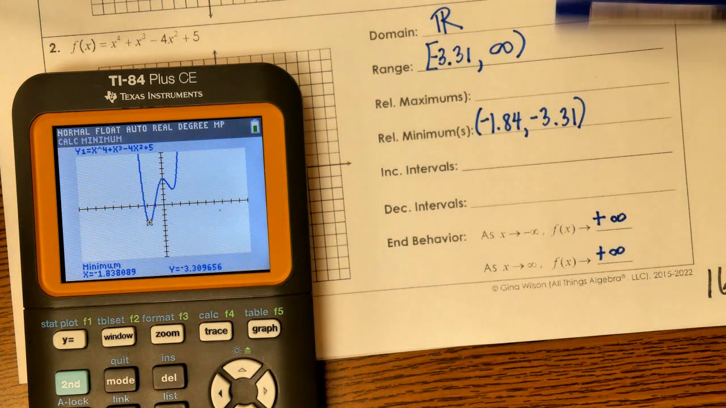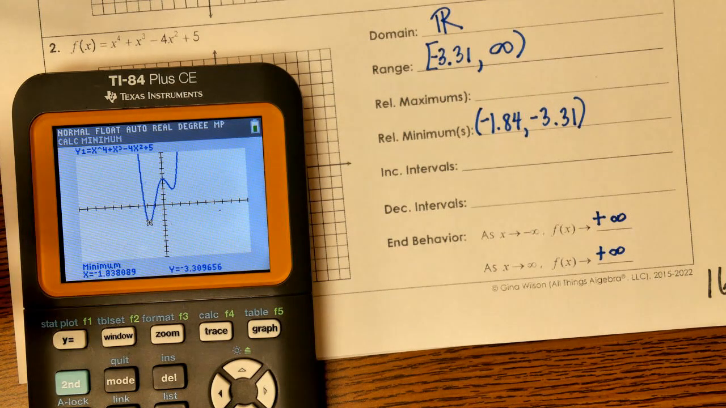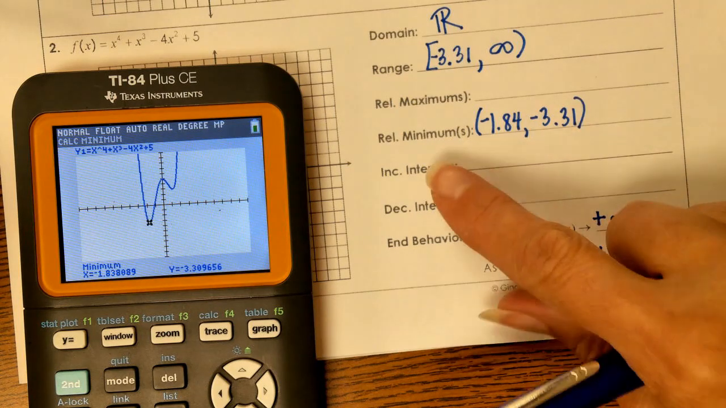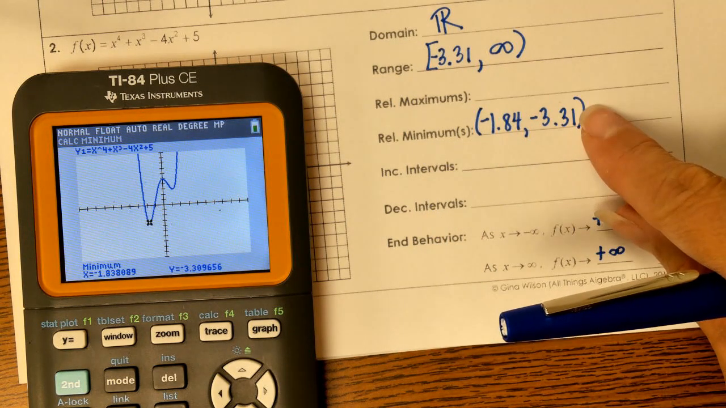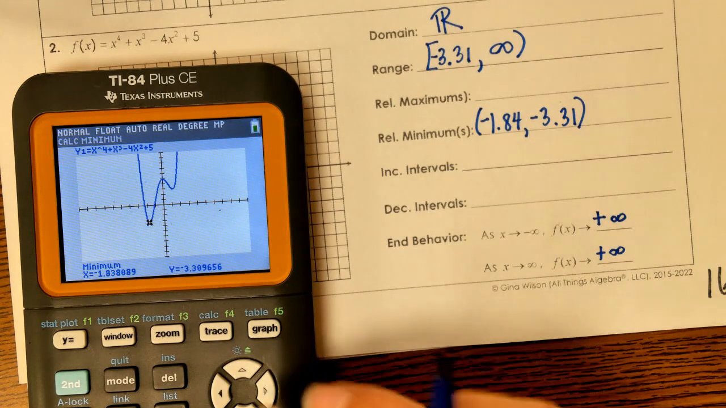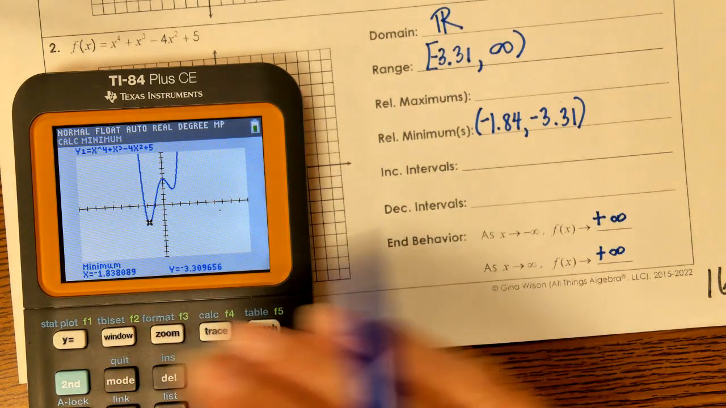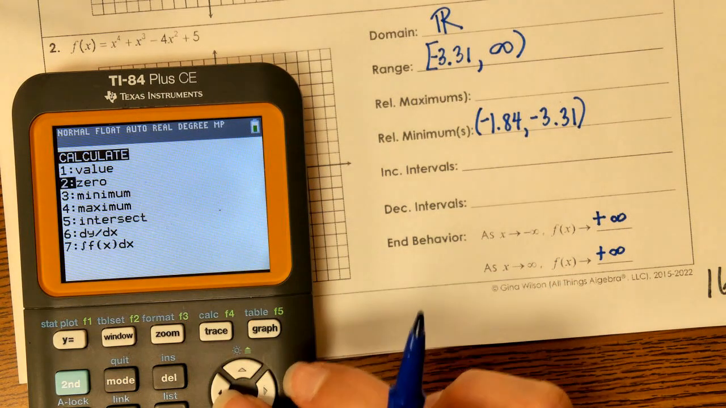So now I have domain and I filled in range. Now we can go and find the other items. I'm going to do the increase and decrease intervals after I find all my maximum and minimums, because those are the points at which the increase and decrease intervals are defined. Now, I'm going to do the process again, so I'm going to press second trace, and this time I'll find the